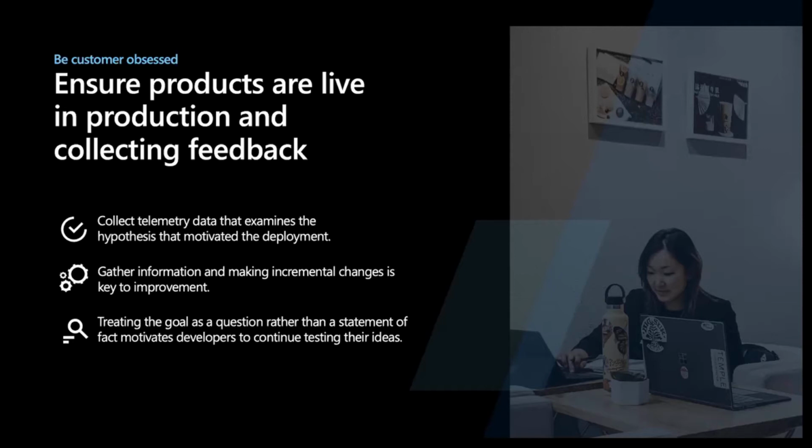But ultimately, that means we need to make these incremental changes. We can absolutely be data-driven, but we need to make small changes often. And these goals are always questions. What happens if we change this part of the user interface? Do we increase? Do we decrease? Do we get an increased amount of engagement? This is all very experimental, and this is where this idea comes together of developer velocity and DevOps, being able to start experimenting in that environment.